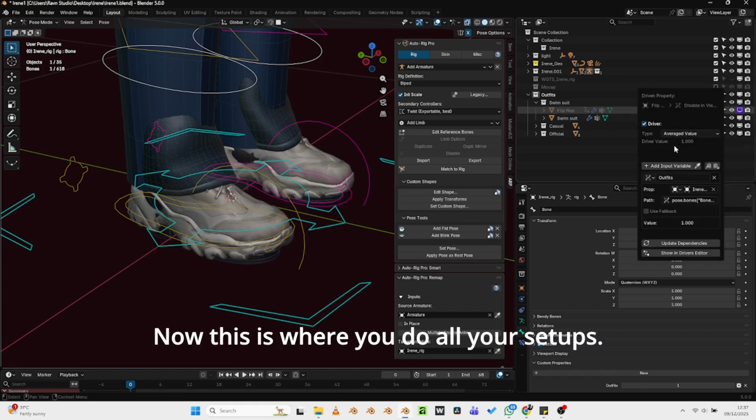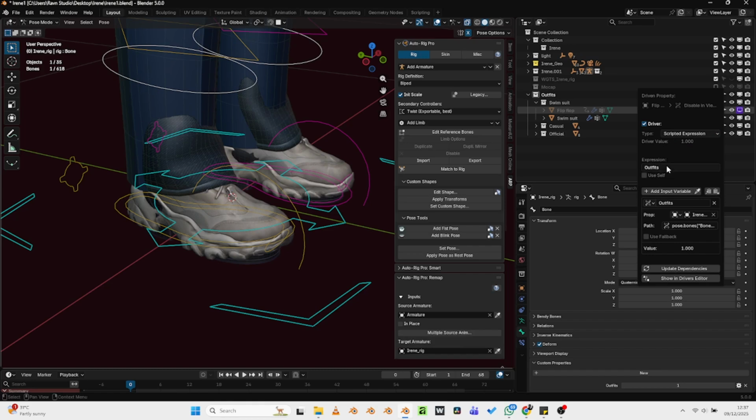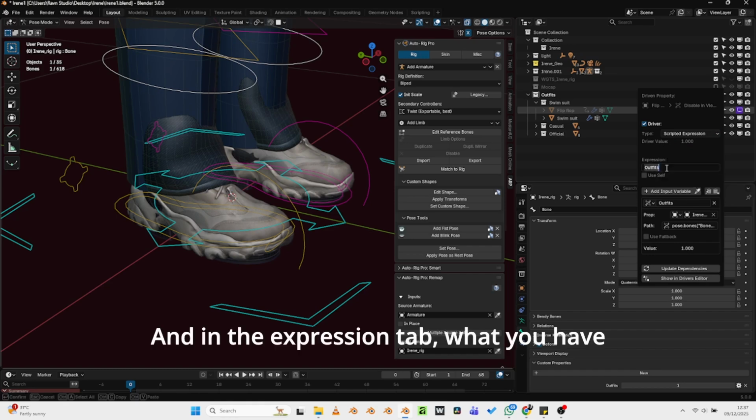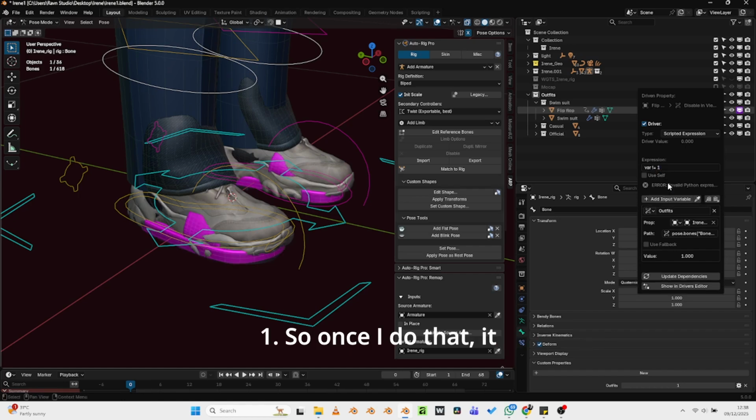Now this is where you do all your setups. By default, the type is average. You change from average to scripted expression. And in the expression tab, what you have to do is type var space exclamation mark equals space 1. Now the 1 is representing collection 1. So once I do that, it will toggle the